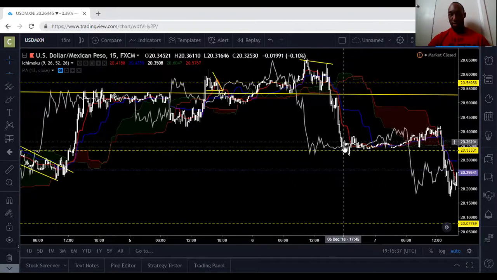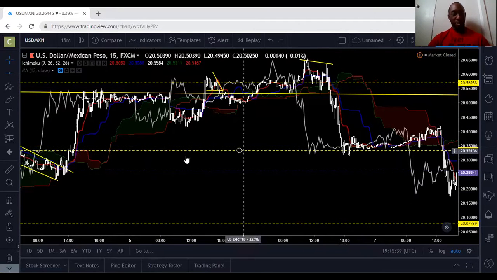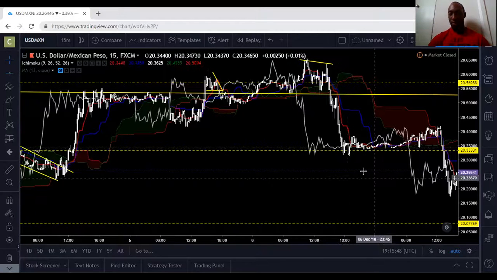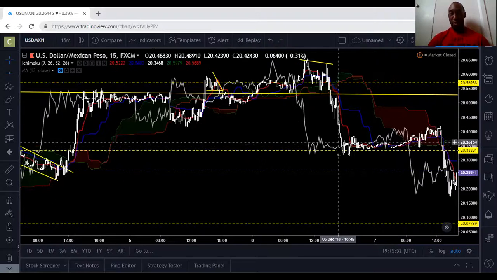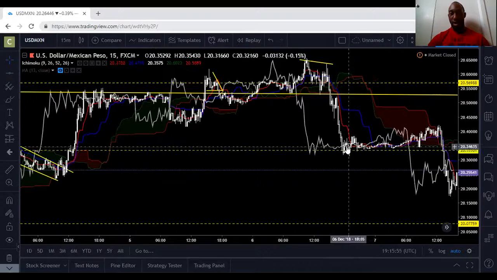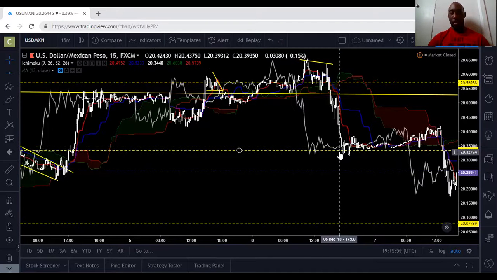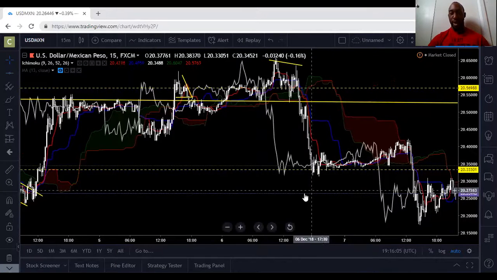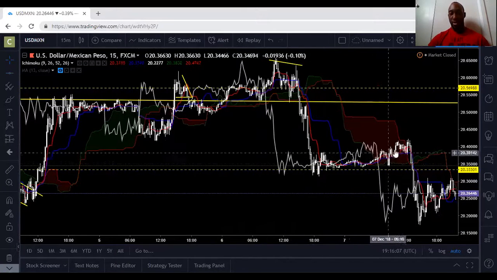So right in here, it had a little halt. See that right here? Look left, look right. Always look in the past to confirm your entry. So once you see that right here, you could anticipate the market to start moving sideways or start to form the next pattern. So as it did right in here,